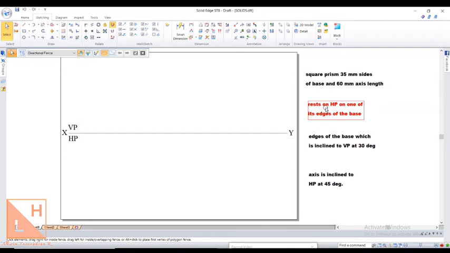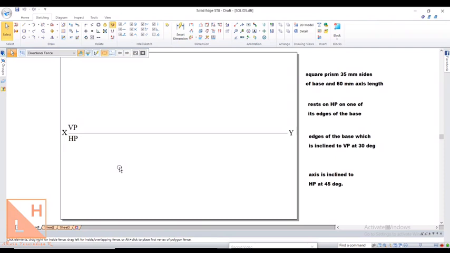And since the solid rests on HP, remember the same point that we discussed in projection of planes. If the plane is resting on HP, we used to draw the plane figure on HP in the orthographic projection of plane surfaces. The same concept applies here as well. Here the solid rests on HP, so remember the plane figure has to be drawn on the horizontal plane. And one more advantage here is that in majority of the universities the solid problems are only resting on HP, so there is no confusion in drawing the plane figure in the first position. In first position we'll be drawing it on the horizontal plane.